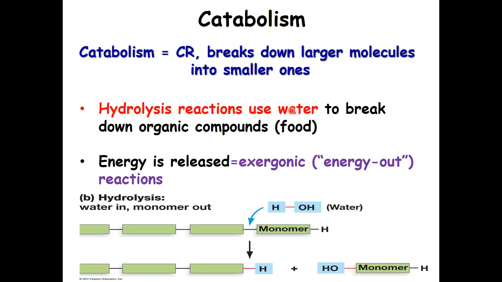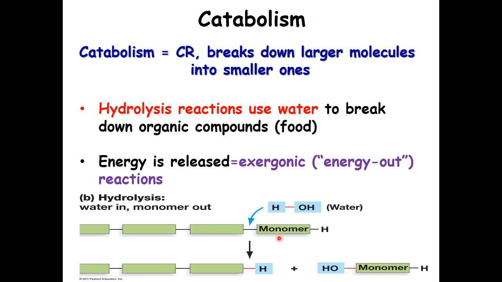Now when we talk about catabolic reaction, catabolic is breaking down polymer into monomers. So hydrolysis reaction is used to break down these kinds of macromolecules. Remember we talked about that? The way hydrolysis works is by taking a water molecule to split the H and OH, and you put it here, and that way you break down the polymer.